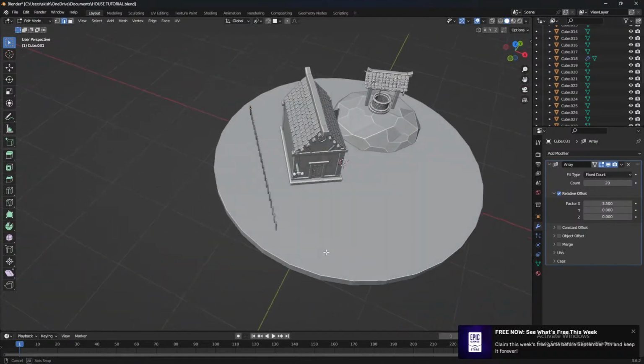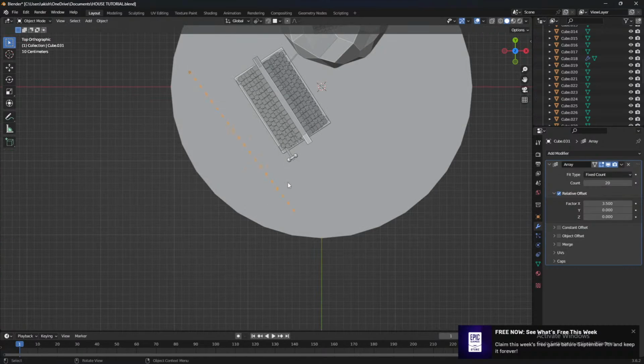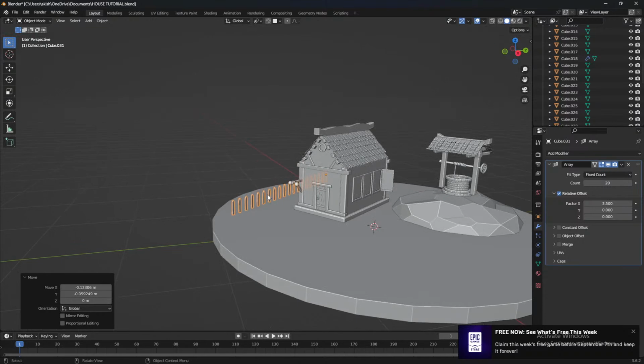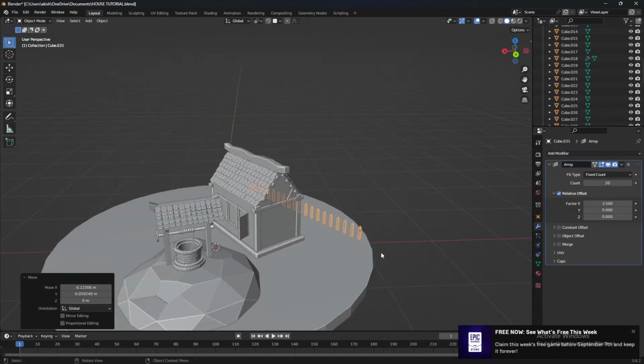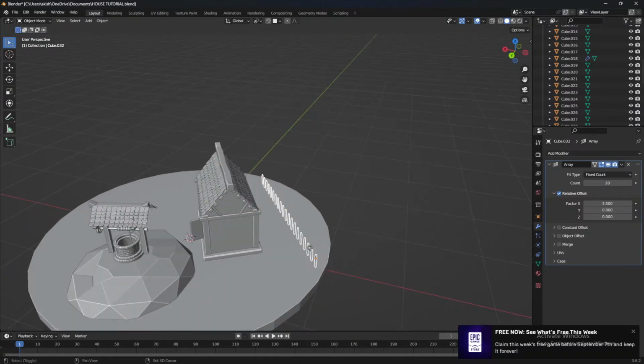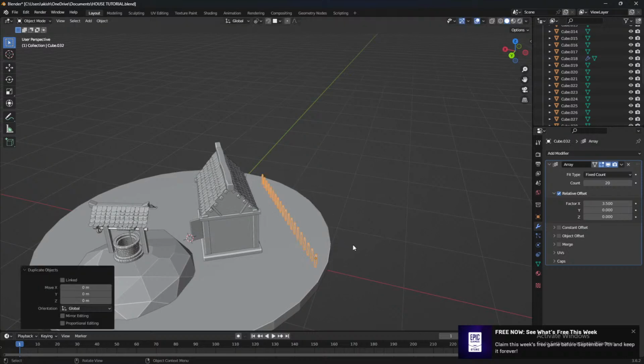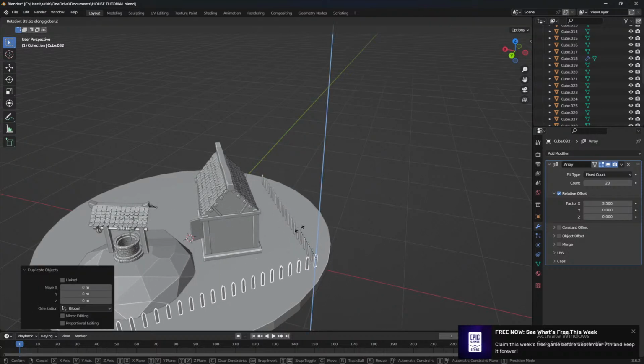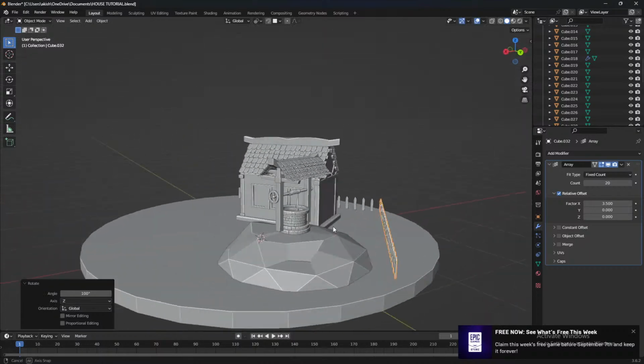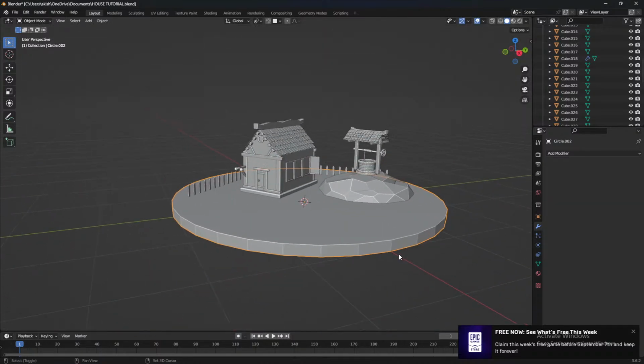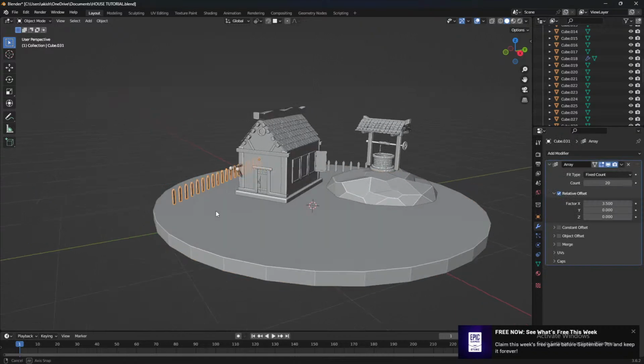So we have some kind of fence going here. Select, grab, bring it right here. Okay, now select this, go Shift D, bring it there, rotate z-axis like this. Now we have fence going around,